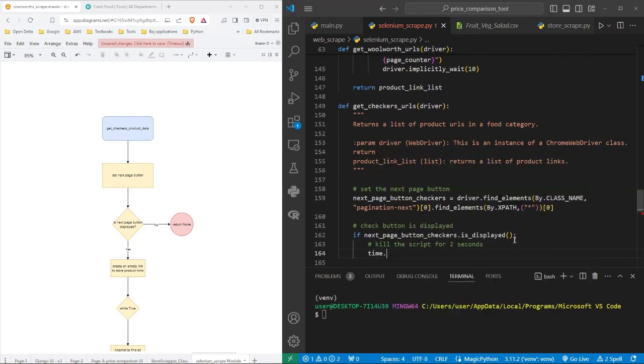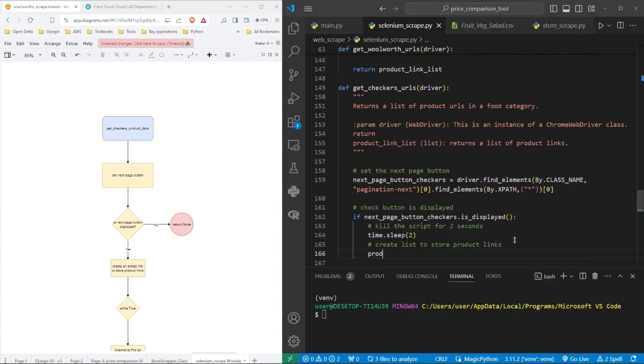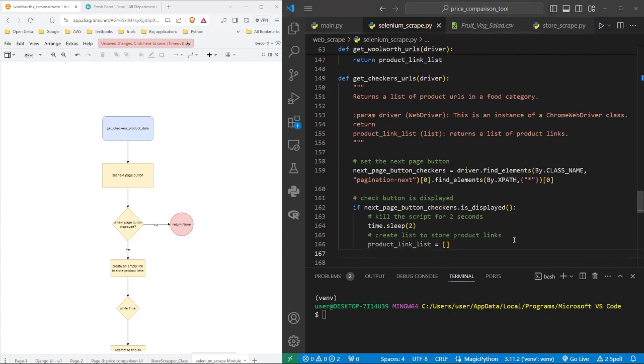And then you say time dot sleep for 2 seconds. I'm going to say create list to store product links, and then you say product links list, right? Then we're going to loop